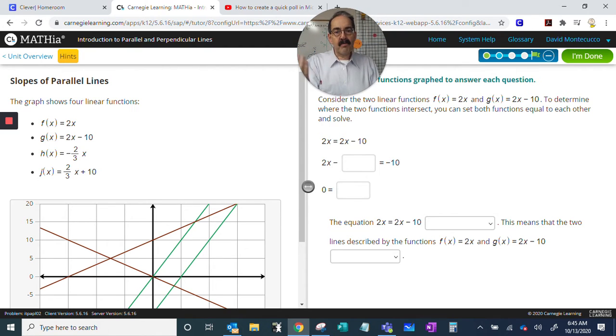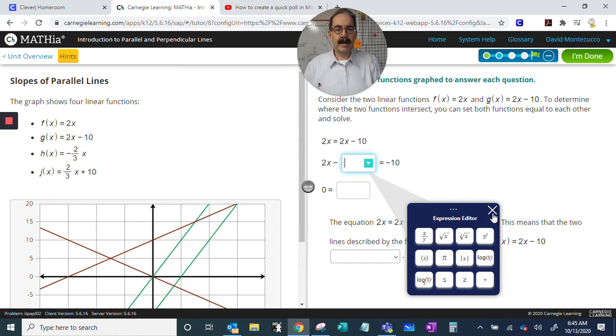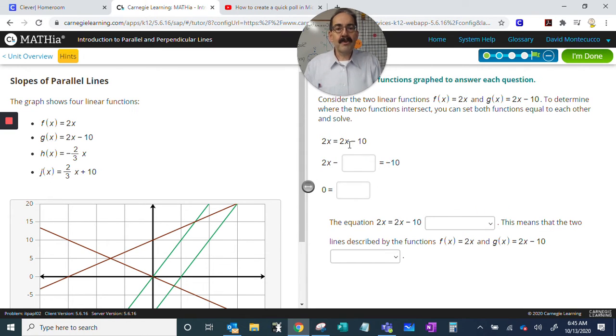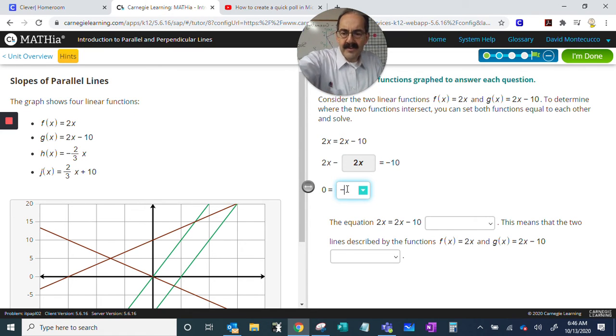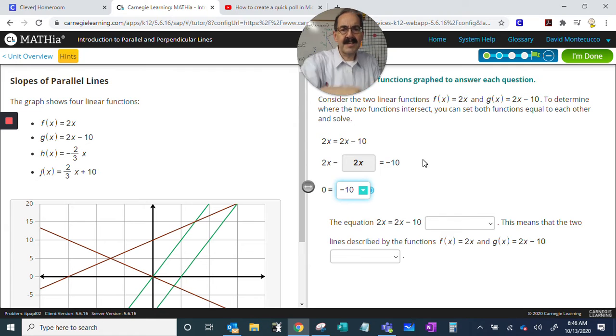So in this problem, what we're trying to do is balance equations. Remember when you used to do that, right? Balance equations, whatever you do to one side, you do to the other. I know not all of us have done that. And then you click on this little arrow thinking, hey, I can do this. What do I put here? Well, we're trying to move the 2x, and we actually put 2x here. Hit enter. Okay. And 2x minus 2x is 0, but I still have this negative 10 on this side,